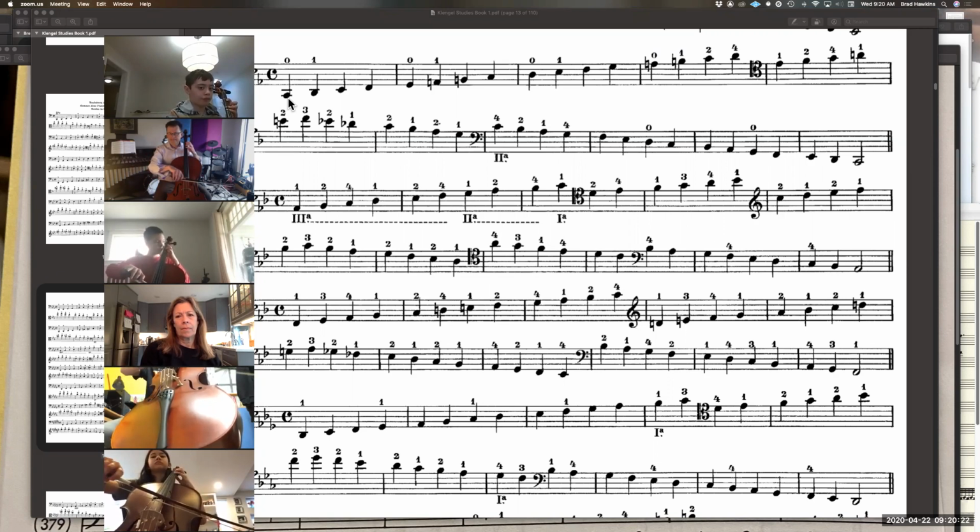G4, open A, B natural 1, C natural 2, D4, E flat 1, F2, G4, A natural 1, B natural 2, C3. Now back down, B flat 2, A flat 1, G2, F1, E flat 2, D1, C4. Good job. B flat 2, A flat 1, G4,